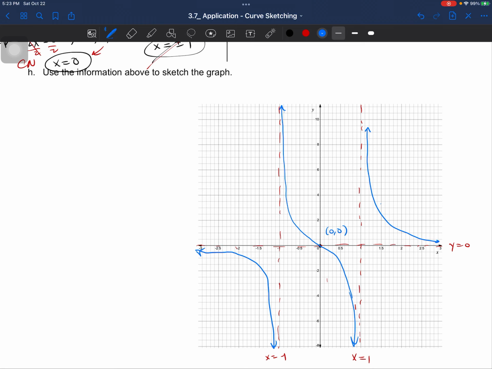And that's all we needed to use. If you notice, all the information that we found was very helpful. And again, going back to the introduction of this section, we use the information that we have with f prime and f double prime to learn some of the characteristics of the function. These characteristics help us identify and learn the behavior of the function, and will allow us to get information that is needed to be able